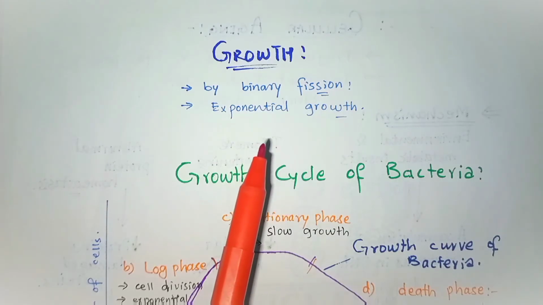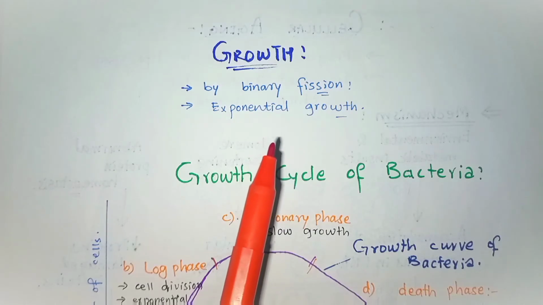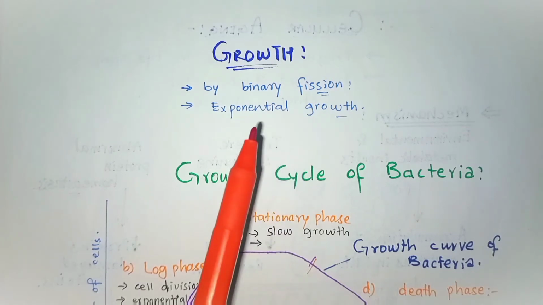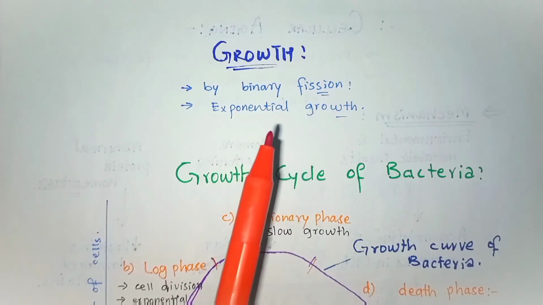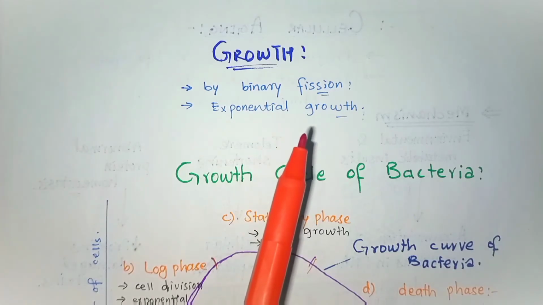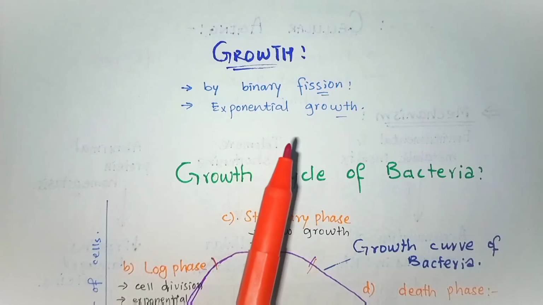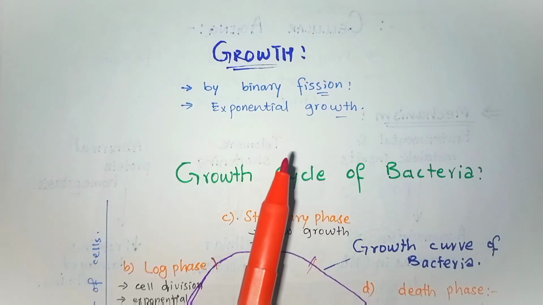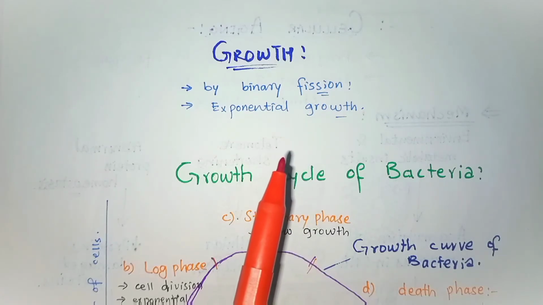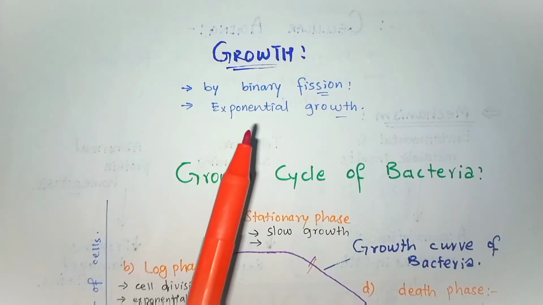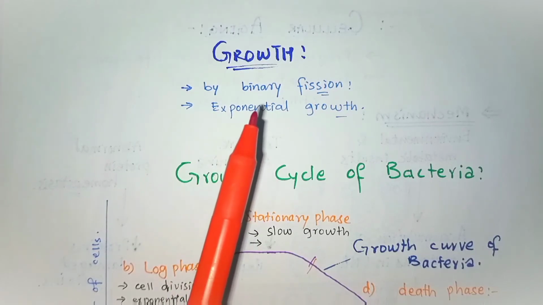The concept of exponential growth can be illustrated as follows: when there is one generation, two daughter cells are produced. And when those two cells undergo binary fission, there will be four progeny cells produced by the binary fission process. Thus, a bacterium will produce 16 bacteria after 4 generations. The exponential growth and the short doubling time of some organisms result in the rapid production of a very large number of bacteria. So this is the introductory growth cycle of the bacteria.